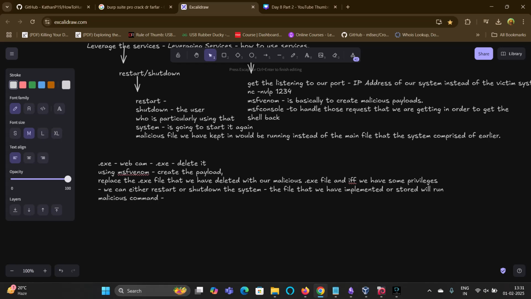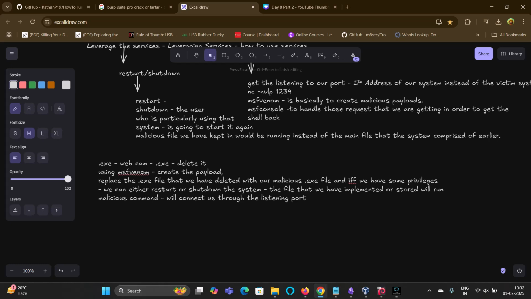That malicious file will connect us through the listening port, that means from where we are listening to the port, we are going to get connected from that particular system, and then we are able to see that webcam, or we can get to know how things are going on using MSF Venom and MSF console.